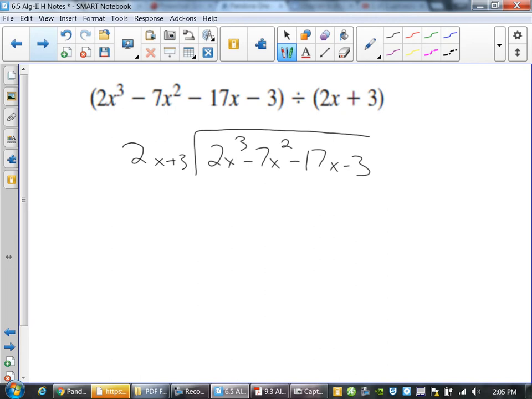You're about 10 minutes. 4. Remember, you will always have plus 1 to your degree for the number of terms in the sequence. So that means sometimes you might have to have a placeholder. You could have placeholders underneath the division or a placeholder on the outside as well. Whatever your degree is, you have to make sure you have n plus 1 terms. So for example, if this was just 2x cubed minus 17x minus 3, I have to put a 0x squared in. Does that make sense? It's kind of the same idea when we did that synthetic substitution where we put a placeholder in. Same idea. Okay? So now, what's going to change a little bit different